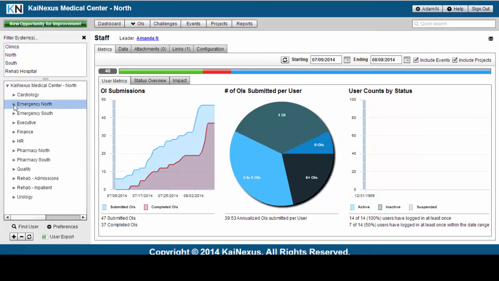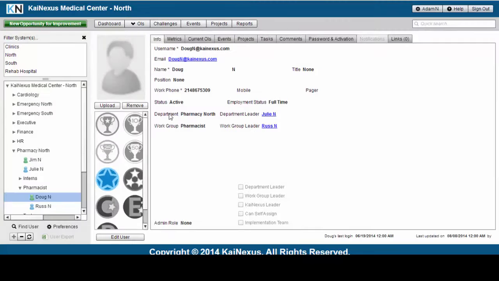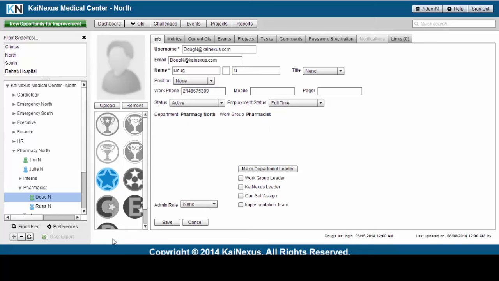To remove a user from the system, first you'll want to find that user. So we'll click Find User at the bottom of the screen. We'll search for somebody, and we'll click on their name. So let's say that Doug has left the organization. We're going to click Edit User at the bottom of the screen, and then we'll change his status from active